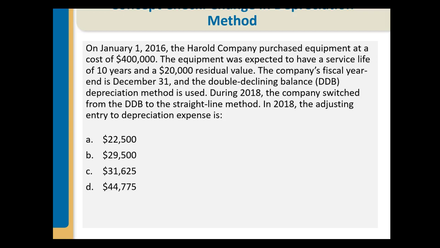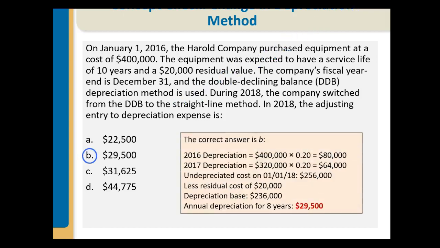The company's fiscal year end is December 31st, and the double declining balance depreciation is used. But during 2018, the company switched from double declining to the straight line. So in 2018, the adjusting entry to depreciation expense is going to show